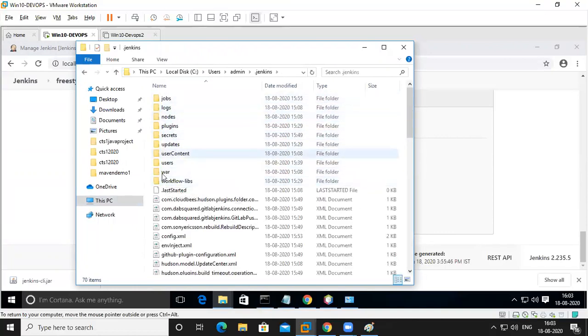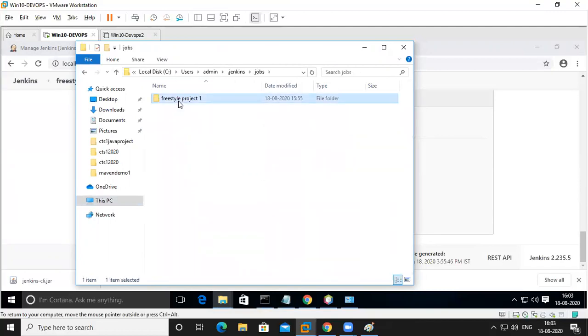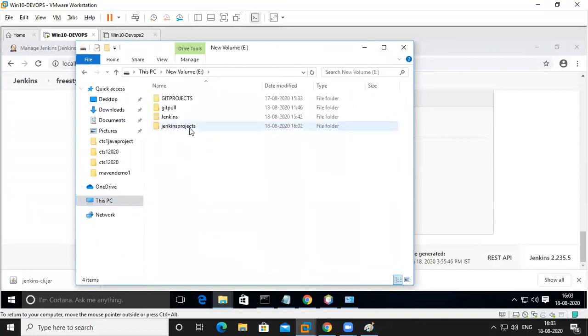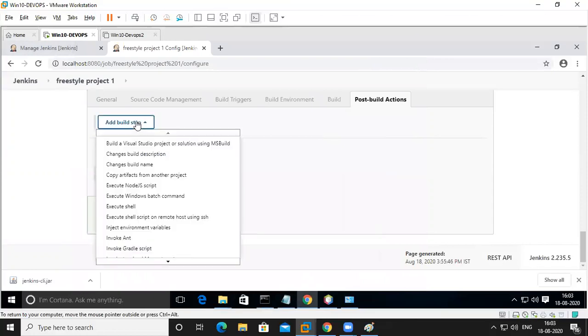Your work things will be stored in this one only. Usually not here, in jobs it will store. But I'm giving a folder. So next time when I take something, I will try. I will show you how to do it.